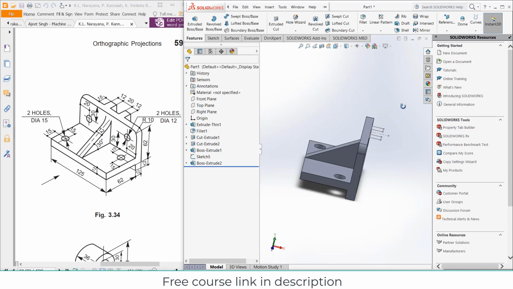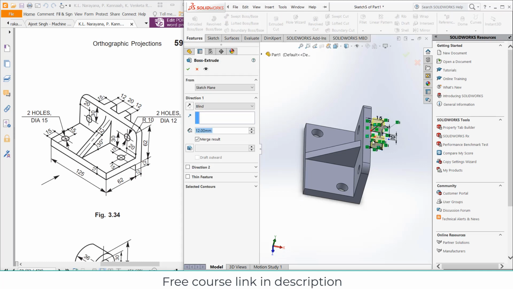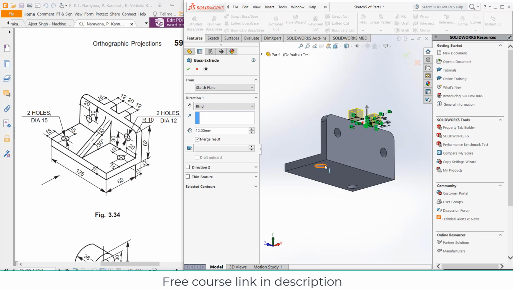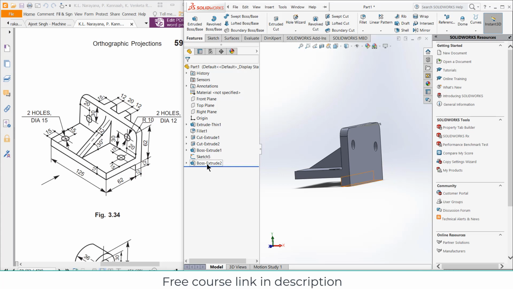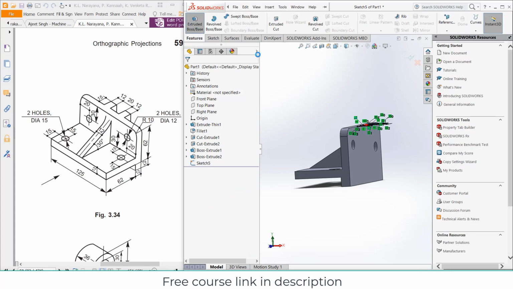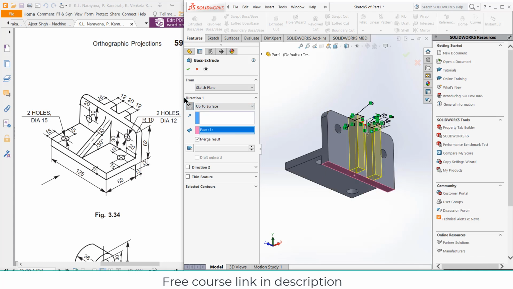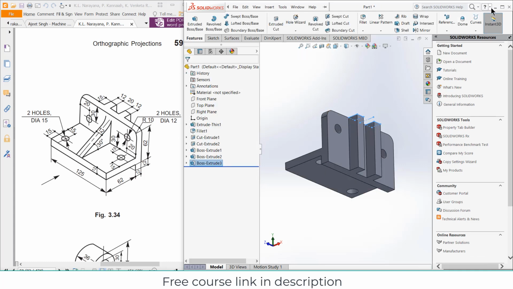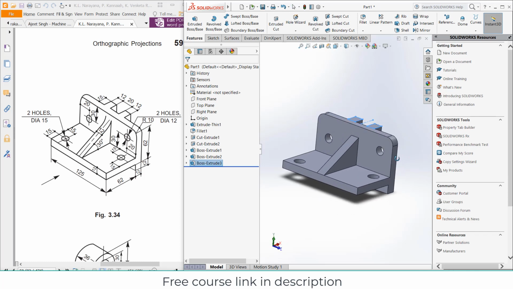Now here you will notice something. If I click on here and exit the sketch and go to feature extrude, you will notice that whatever I have made earlier is not here. So what I'm supposed to do here is simply right click on your boss extrude and drag it upwards. Now if I click on sketch and edit, go to features extrude, you can see this one is showing. Now click on up to surface, select this, click OK. So I have made this part. As you can see, it's quite easy.